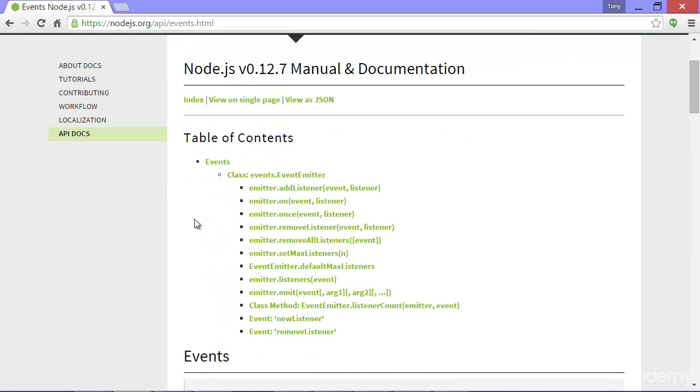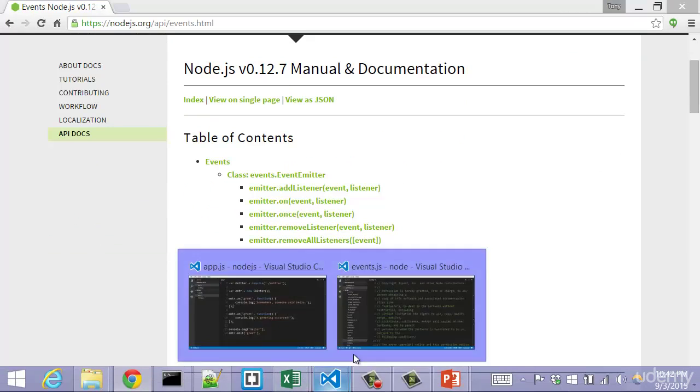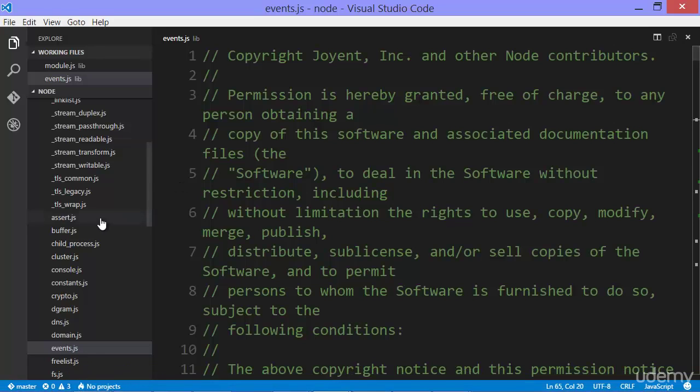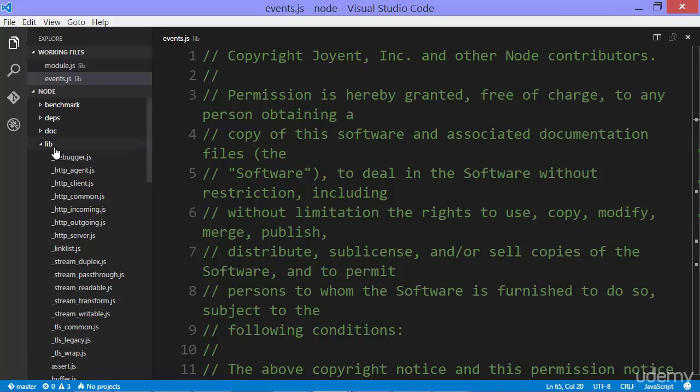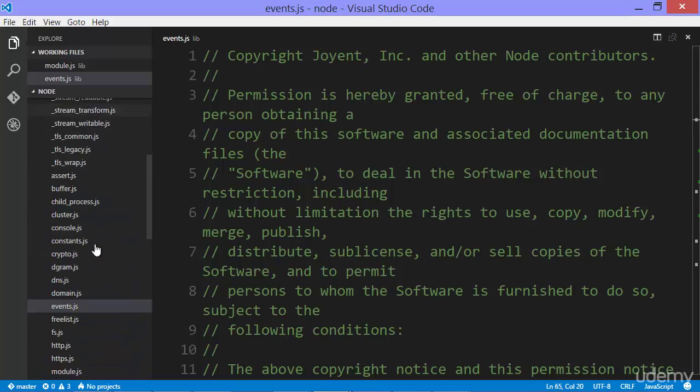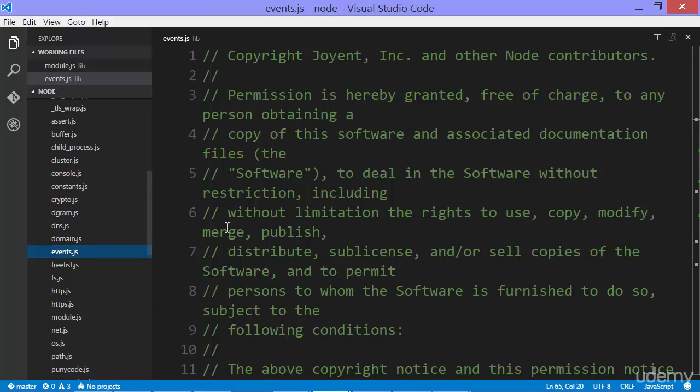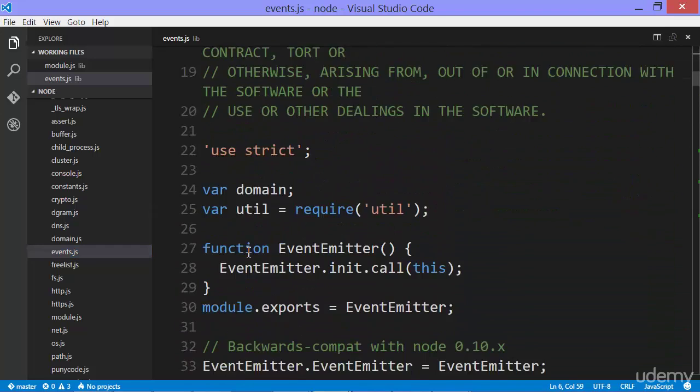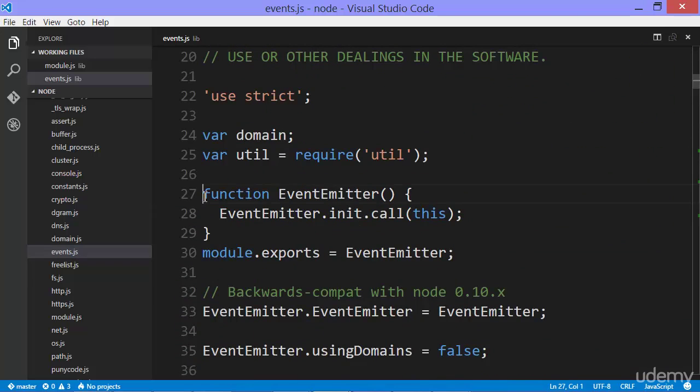And this has the documentation for how to use all of its features. But what we'll do is we'll take a quick look at the actual code. Under the lib folder in the actual Node.js source code, there's a JS file called events. And so, if I scroll down, we see that there's a function constructor called event emitter, and that is what is put on module.exports. So notice Node code uses its own module structure when it comes to the JavaScript side